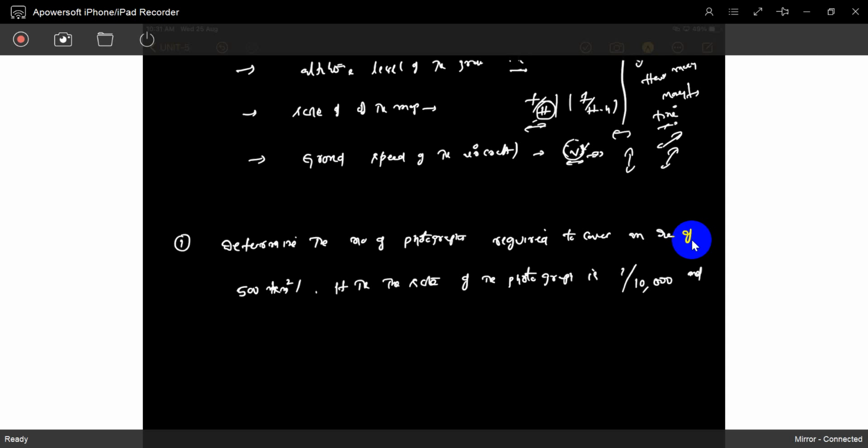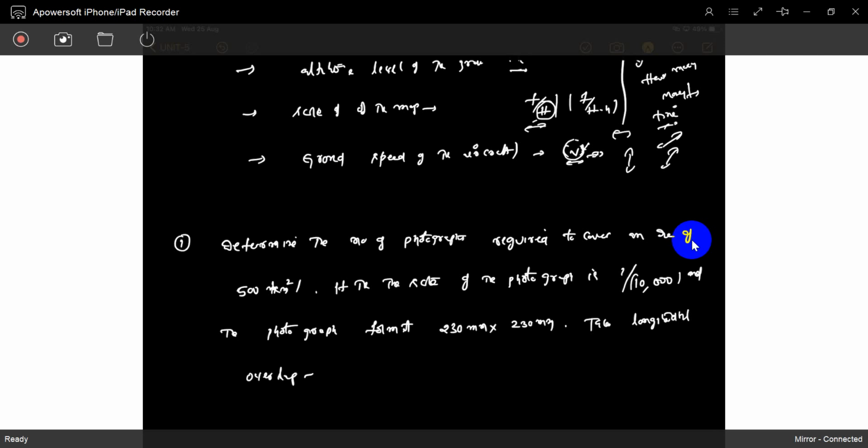Scale you can fix, and based on that only you can find out the altitude level. So this is altitude, height. And the photograph format, photo size, is 230 mm into 230 mm. Take longitudinal